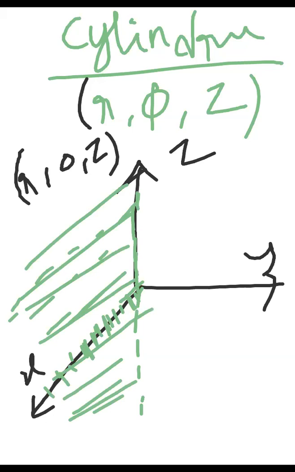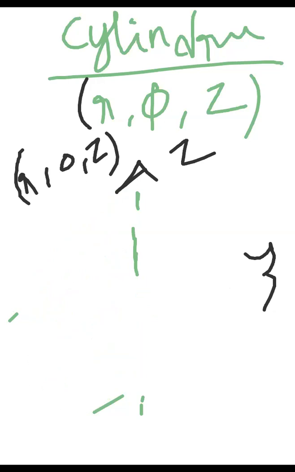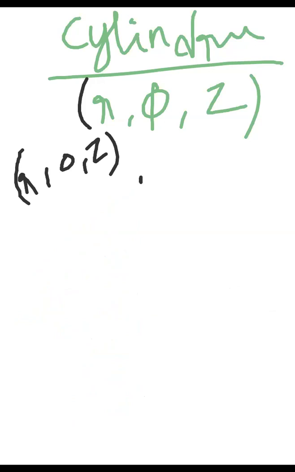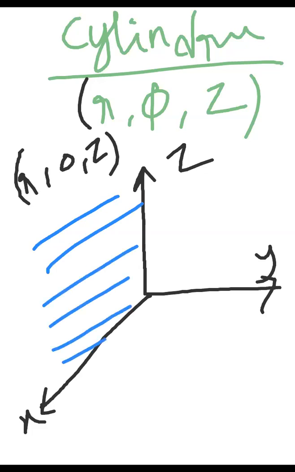Again, φ is equal to 0 is giving you a plane or surface. Now I will draw it a little bit more clearly. Please try to understand. These are a little bit difficult, but you need practice. Now φ is equal to 0 means this one. This plane is φ is equal to 0.